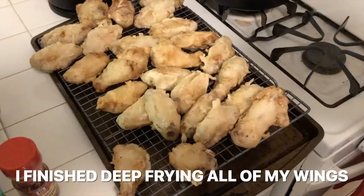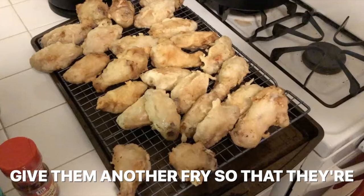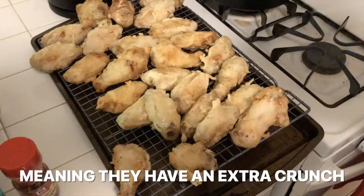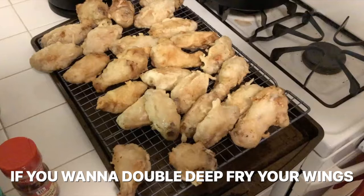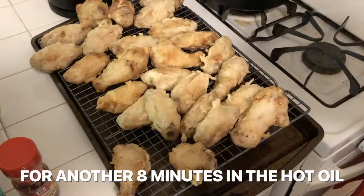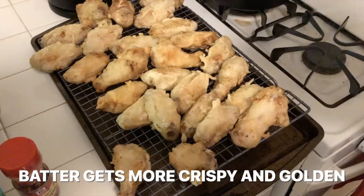So here you can see that I finished deep frying all of my wings, and what I would normally do is give them another fry so that they're double deep fried, meaning your wings have that extra crunch. And if you want to double deep fry your wings, you want to put them in 6 to 8 wings per batch for another 8 minutes in that hot oil, and you'll see that the batter gets even more crispy